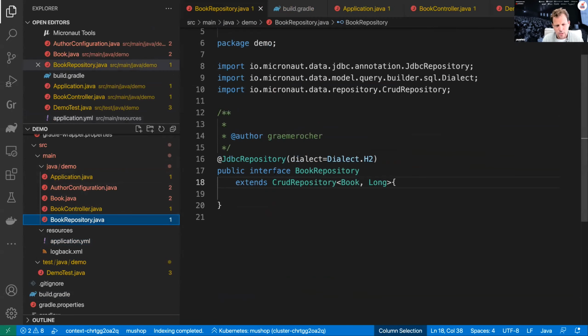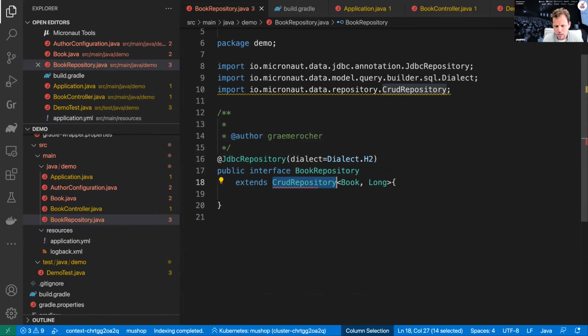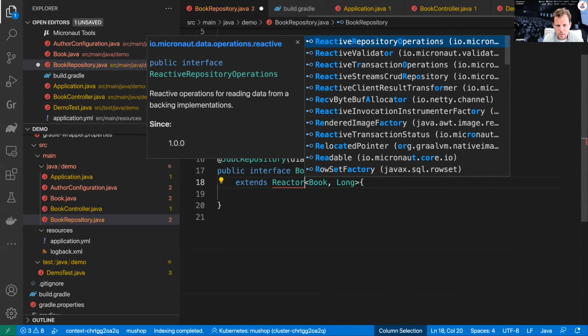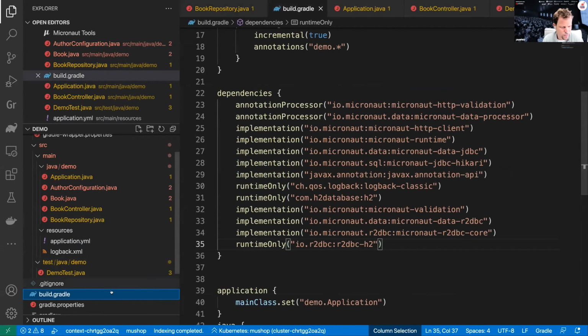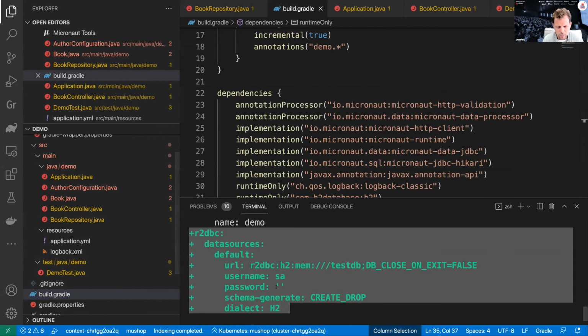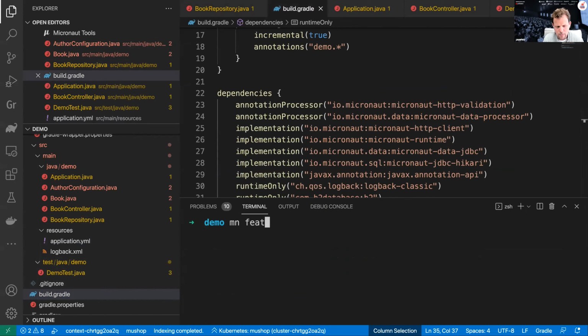Now what I can do is switch this out to use a reactive repository, and there are various. For example, there's a reactive streams CRUD repository, which you can use, which will expose reactive signatures. But before I do that, I'm going to add a dependency on a particular reactive framework. So once again, I'm going to use mn feature diff